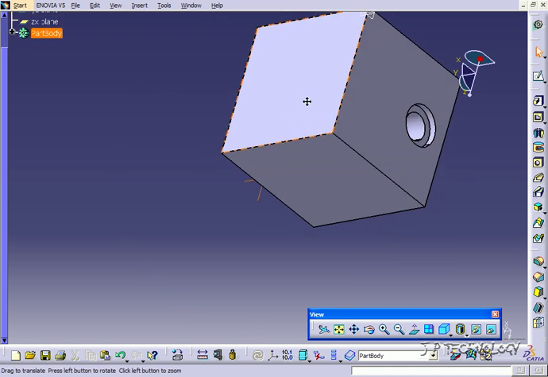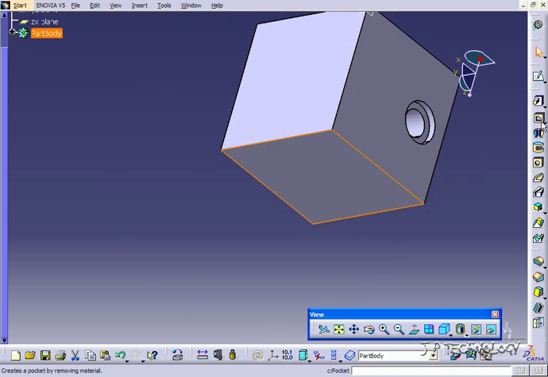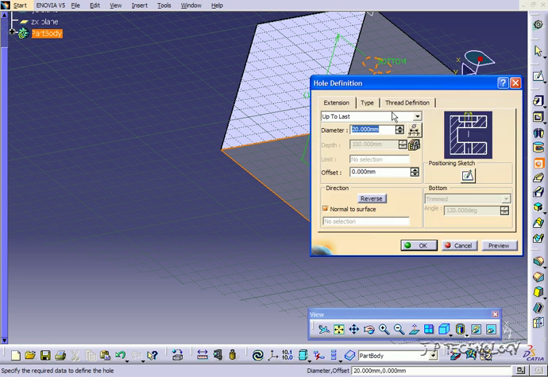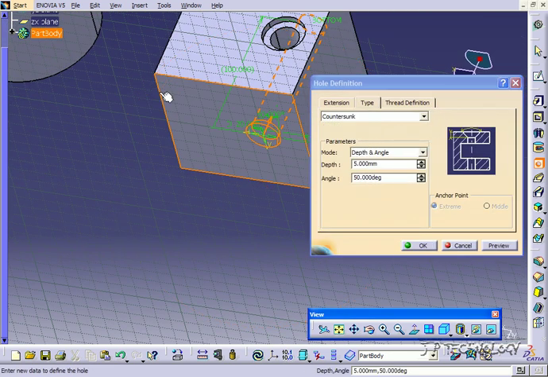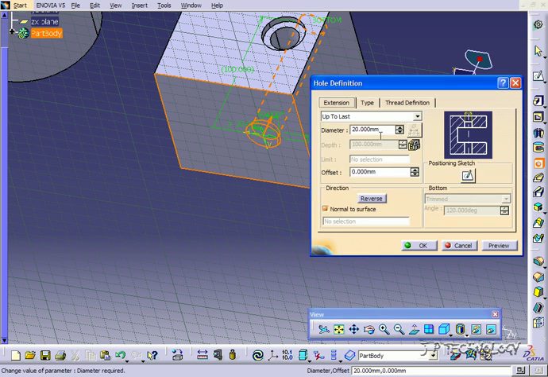Now let's click this bottom face here, and we'll do another one. So we'll click hole, and we'll change the type to countersunk. And again, you have the different options to change the countersunk to make it how you want it to be. Now let's go back to extrusion, and let's make this a blind one again, and we'll make it go through